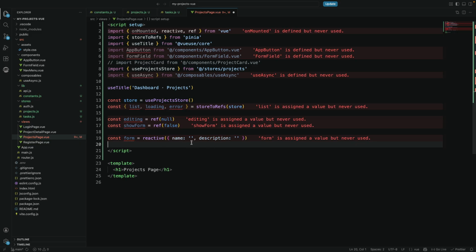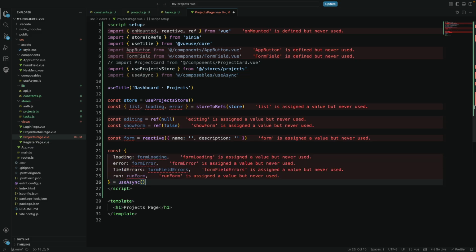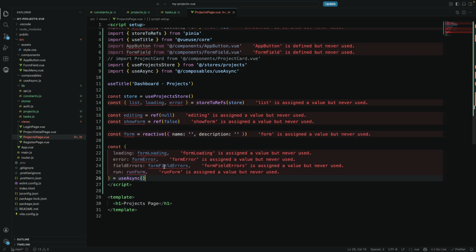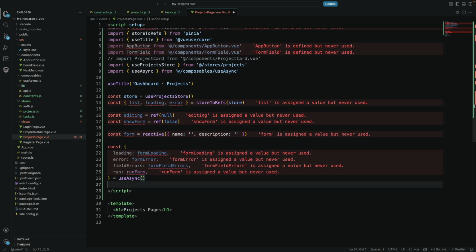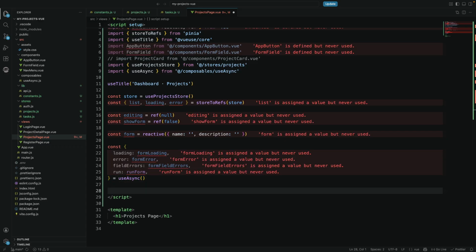This is the form to add a new project. And then from useAsync, form loading, error and field errors, including run, having those called,